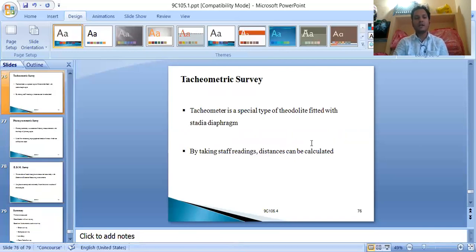Then we have tachometric survey. Tachometer is a special type of theodolite fitted with a stadia diaphragm. Whereas in a theodolite we have a normal diaphragm, where we observe the central crosshair reading, in a tachometer we will use the upper, central and lower crosshair readings. So the tachometer has to be fitted with a special diaphragm which shows clear readings for the upper, central